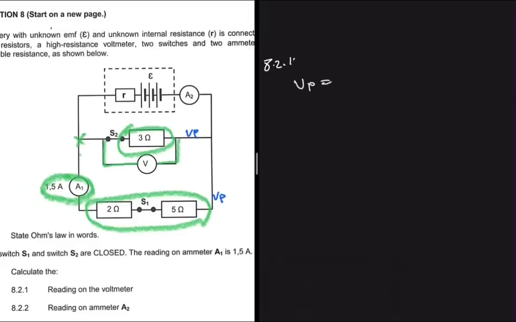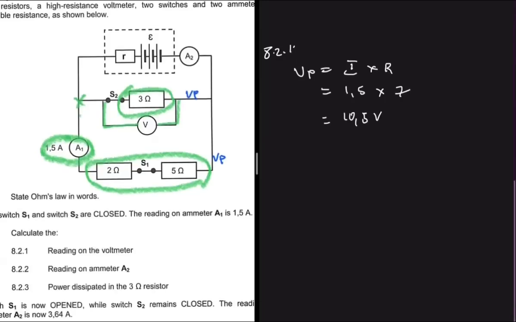VP is equals to I multiplied by R. So VP will be equals to 1.5 multiplied by 7, right? Pretty much straightforward, no complications whatsoever. And then if you put that in a calculator, you should get 10.5. So the answer here for 8.2.1, we have 10.5 volts. That will be the reading on the voltmeter. Right, let's move forward and do